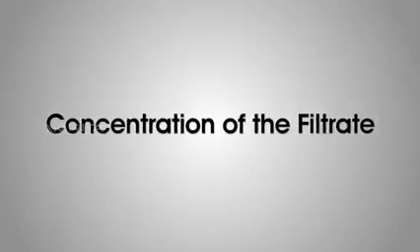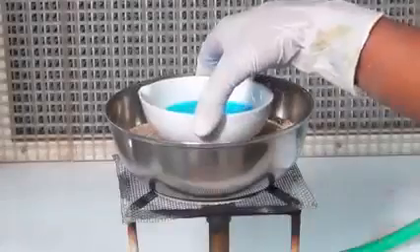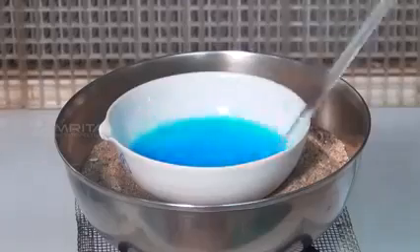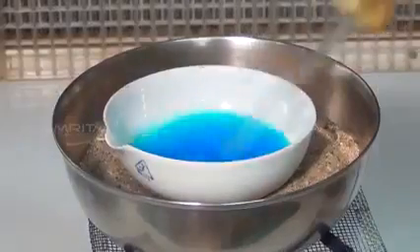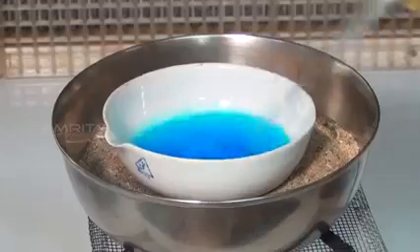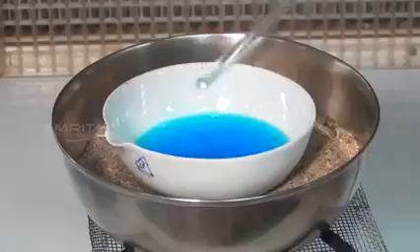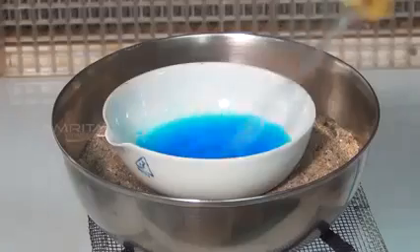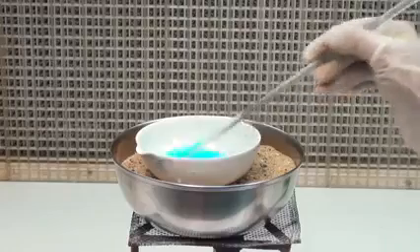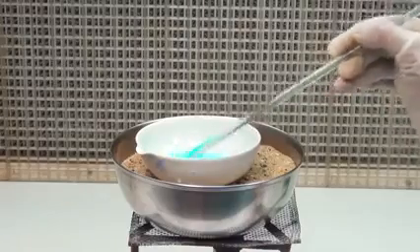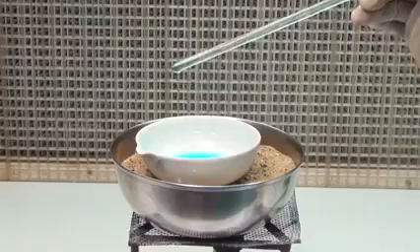Concentration of the filtrate. Heat the china dish in a sand bath till the solution is reduced to about 1/3 of its original volume. To avoid crust formation on the side of the dish, stir the solution continuously with a glass rod. To know if the solution has reached its crystallization point, remove a drop of the solution at the